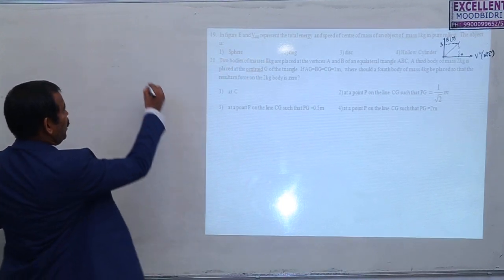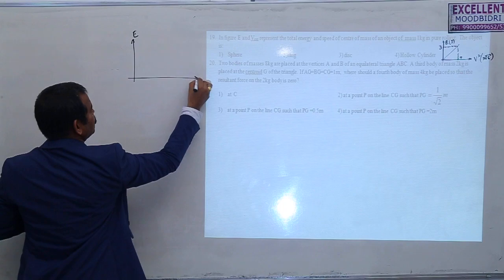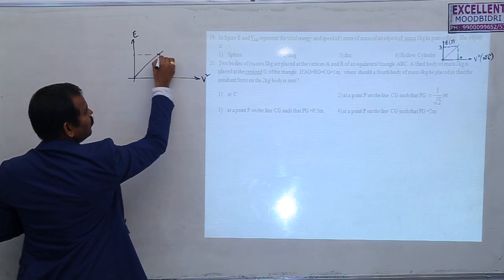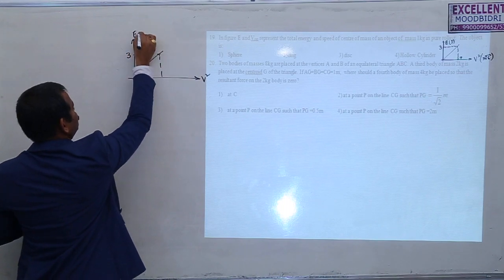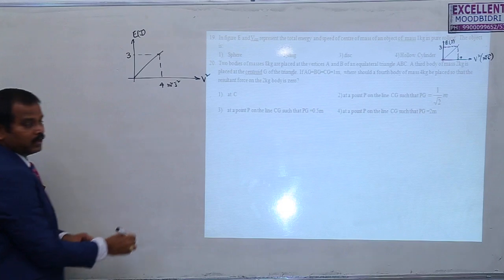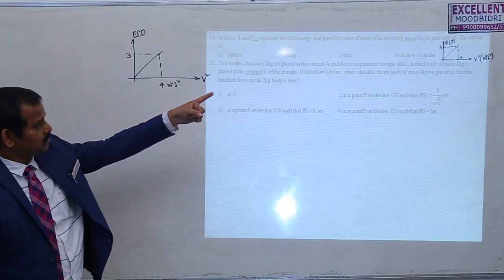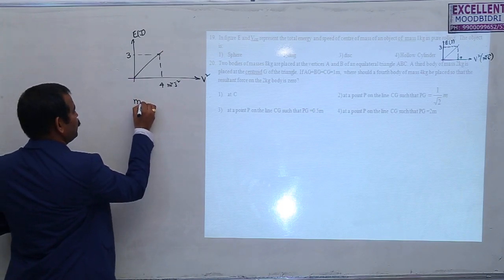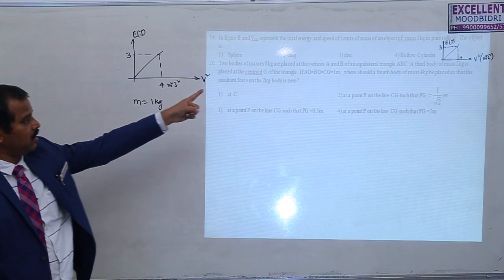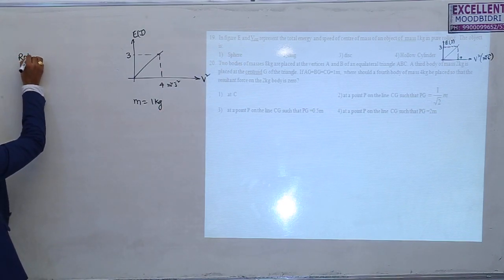In the figure, the E-v square graph, here it is given like this. This is the energy, this is the square of velocity, the graph is given like this. So, this value is 3 joules and this value is 4 meter square second power minus 2. From this, mass of the body that is undergoing pure rolling is 1 kg. What is that body? Whether it is a sphere, ring, disc or hollow cylinder. So, for rolling motion,